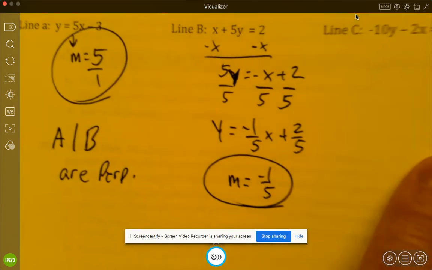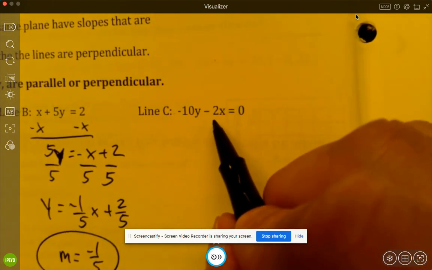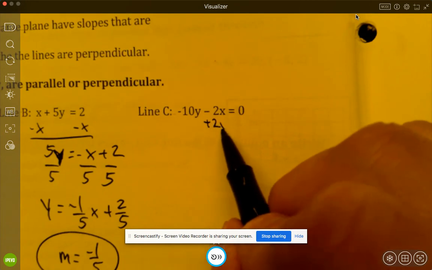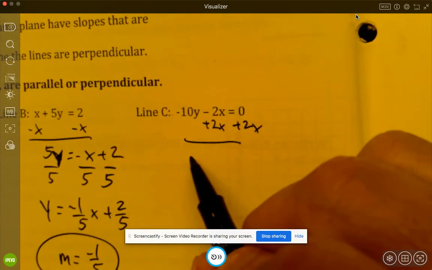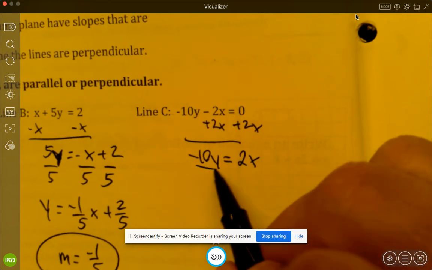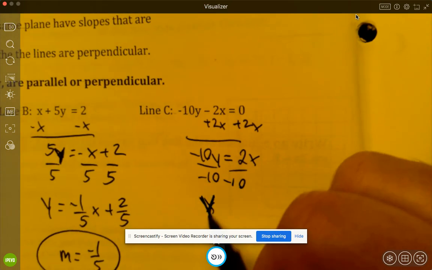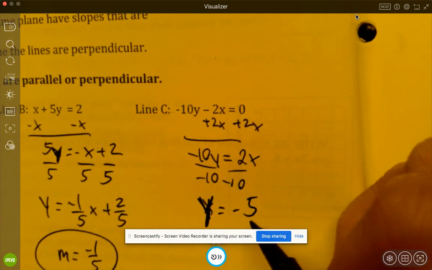So let's see what C gives me for a slope. I bet you that'll be parallel to something. So I'm going to solve for y, plus 2x on both sides. Negative 10y equals 2x. Divide everything by negative 10. Left with y equals negative 5